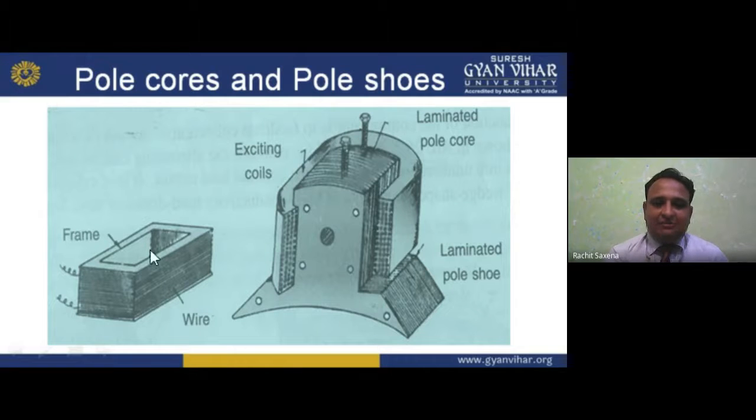Now, I take a former of rectangular structure, wind a winding on it, and directly place it on the core. That is known as former wound winding. I have a former of rectangular shape, so I place the winding on it. Then the winding takes the shape of the former, rectangular, and we can directly place that coil shape on the core. So that is known as former wound. I hope you understand.